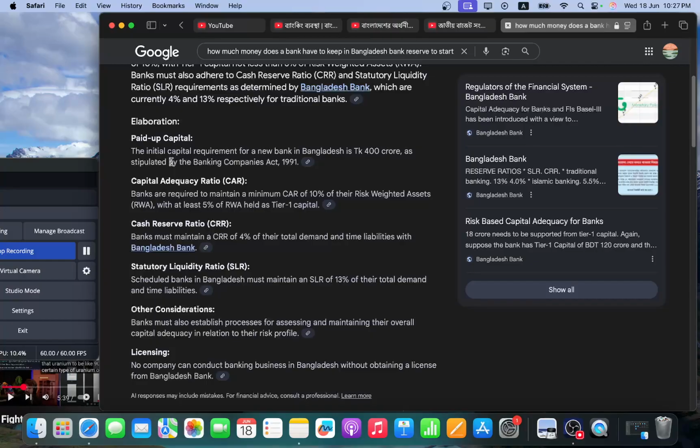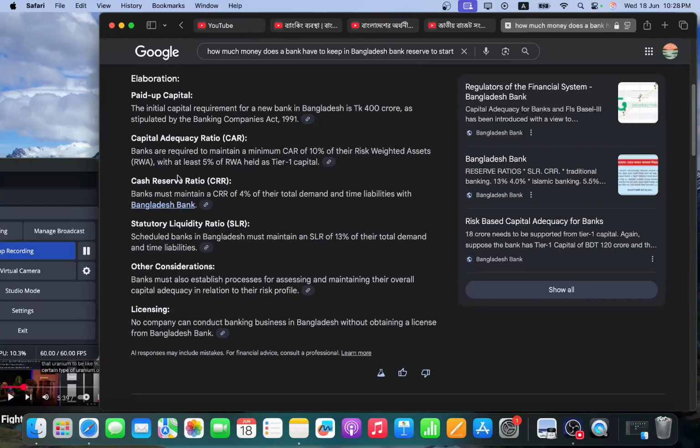Elaboration: paid up capital. The initial capital requirement for a bank in Bangladesh is 400 crore, as stipulated by the Banking Company Act 1991. Capital adequacy ratio (CAR). Banks are required to maintain a minimum capital adequacy ratio of 10% of their risk weighted assets (RWA), with at least 5% of RWA held as tier 1 capital. We'll have to elaborate on these as well. Cash reserve ratio (CRR). Banks must maintain a CRR of 4% of their total demand and time liabilities with Bangladesh Bank. I have to, again, these are all